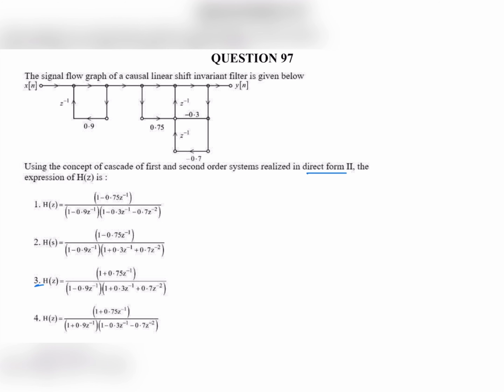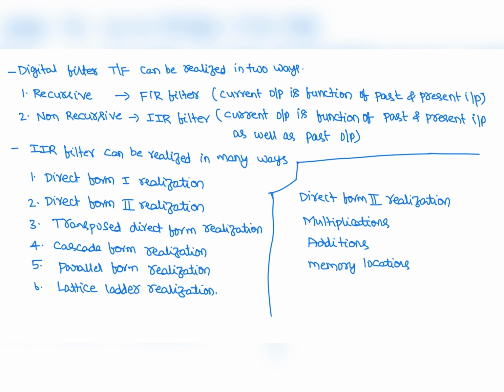Direct form 2 realization. A digital filter transfer function can be realized in two ways, that is recursive and non-recursive. Recursive realization is used for IIR filters and non-recursive realization is used for FIR filters. For FIR filters, the current output is a function of past and present inputs. For recursive realization, that is for IIR filters, the current output is a function of past and present inputs as well